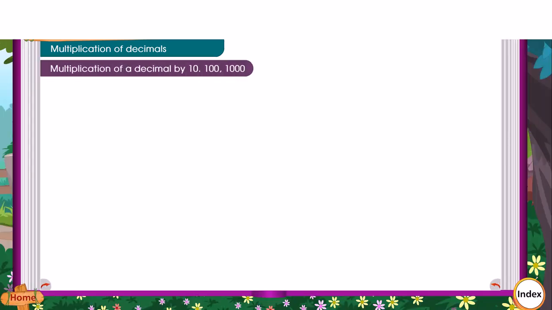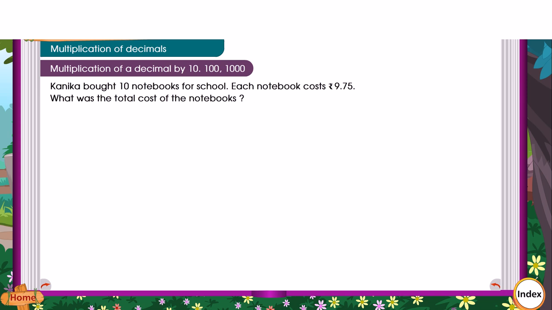Multiplication of a decimal by 10, 100, 1000. Kanika bought 10 notebooks for school. Each notebook costs rupees 9.75. What was the total cost of the notebooks? To find the total cost, we are to multiply rupees 9.75 into 10, which is equal to rupees 97.50,